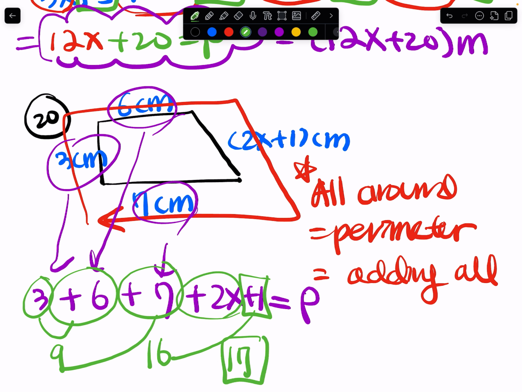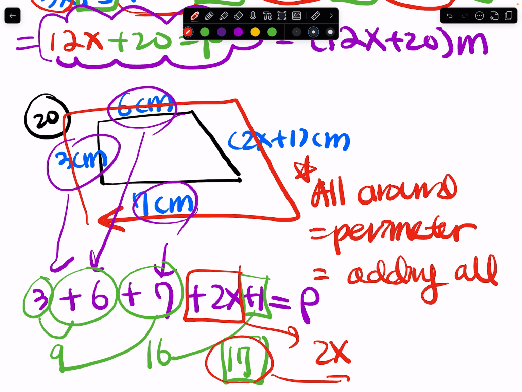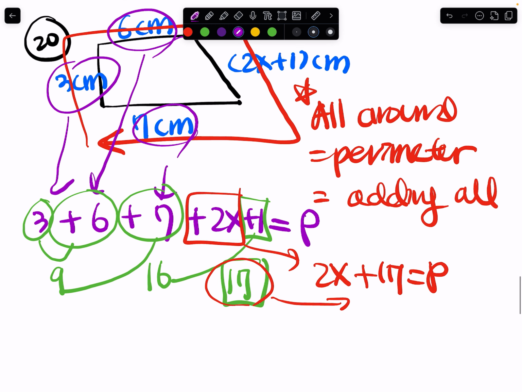So it'll look like, let me just use a different color. That's red for the variable term. So here we go. 2x and then plus 17. And to be more exact,